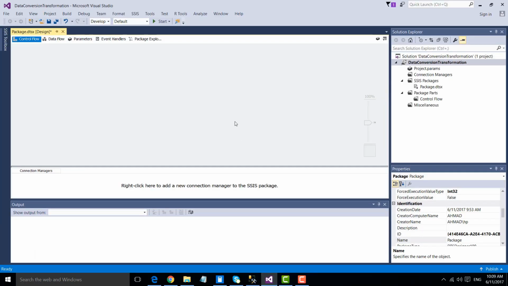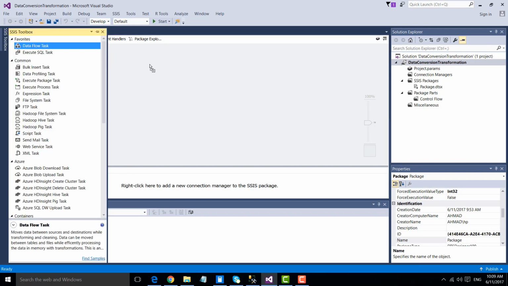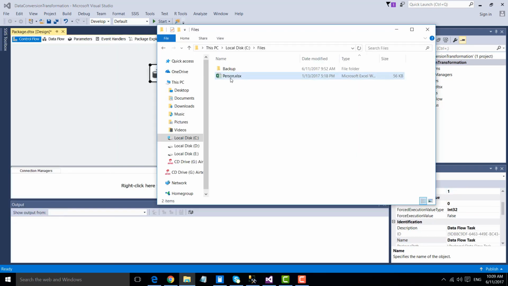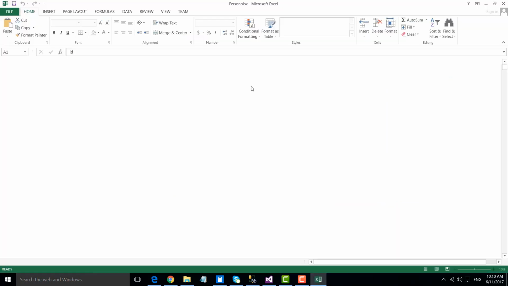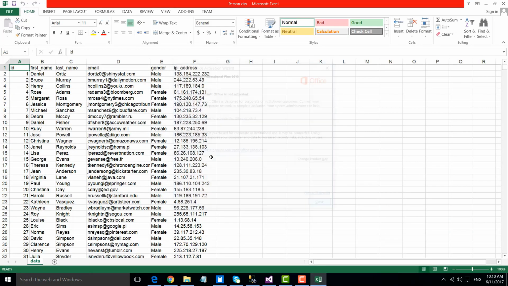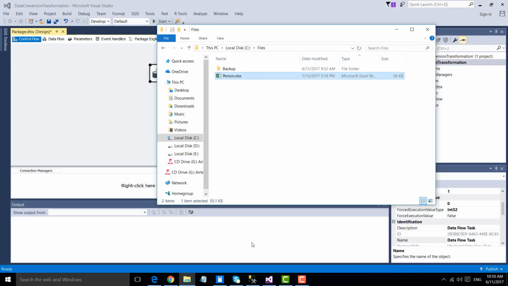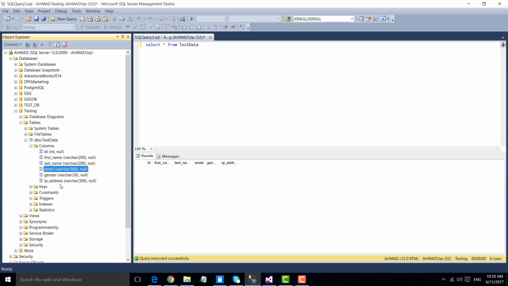So this is my business intelligence development studio, and let's just drag and drop the data flow task. We will be using this particular file person.xls, which has some data in it. By default the Excel supports the Unicode, however the SQL Server table has non-Unicode data as of now.